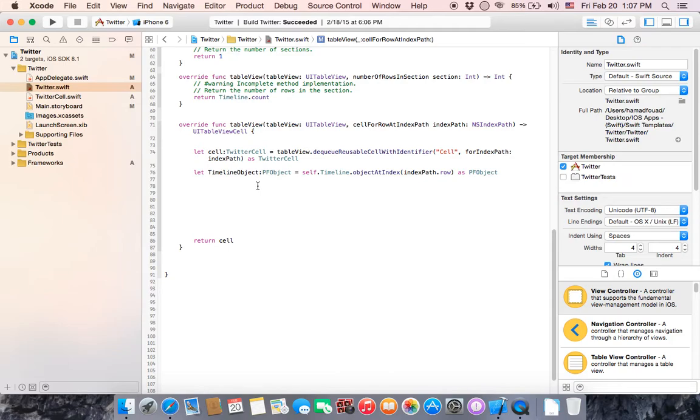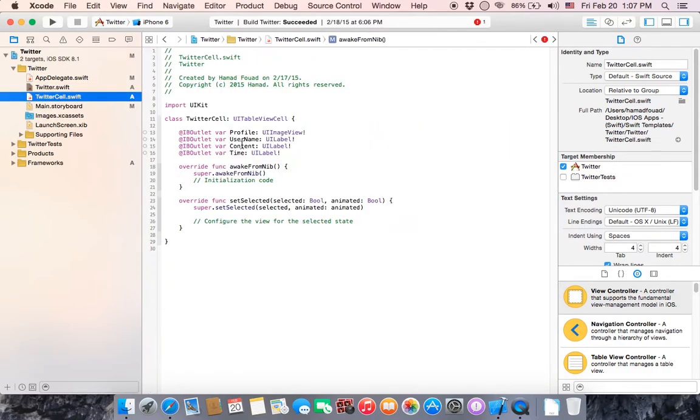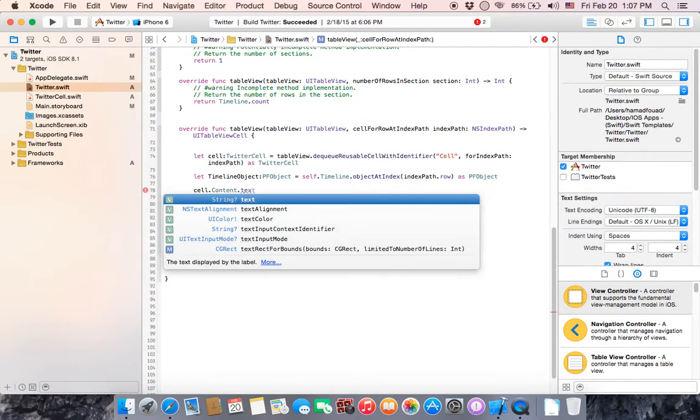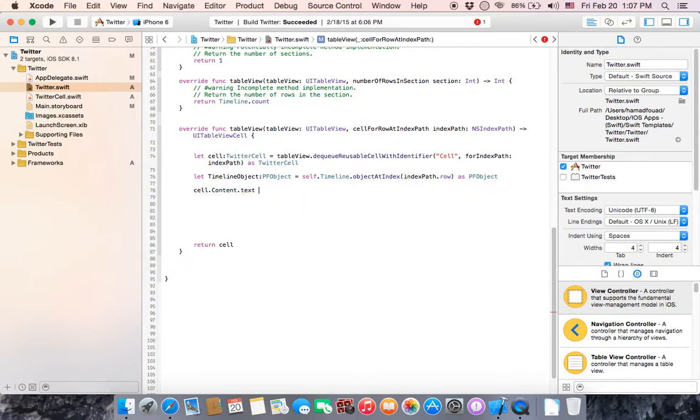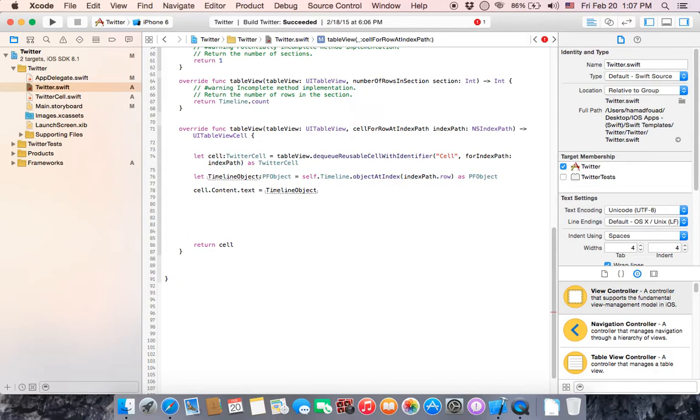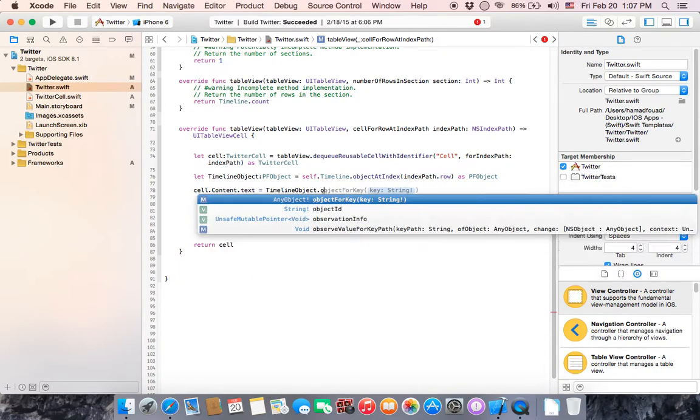Now let's start with cell, this constant cell, dot content, which is this one, content of type UILabel. UILabel has a property which is text of type String equals to timelineObject of type PFObject dot object for key,